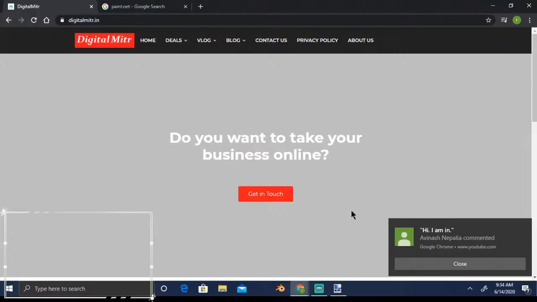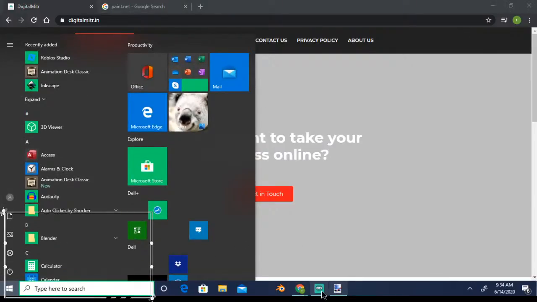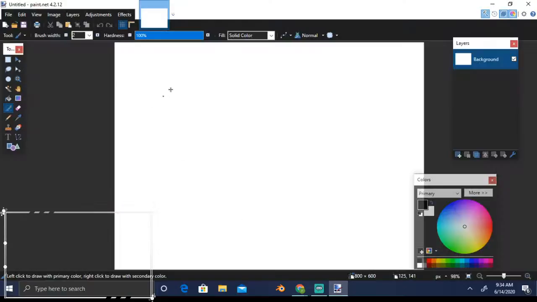So let's get started. After you have installed paint.net, just select it from the programs files. You will be able to start paint.net. Here's the name, you can see it's paint.net. Depending on what time you install the software, the version may vary, right? The one which I had installed is 4.2.1.2.